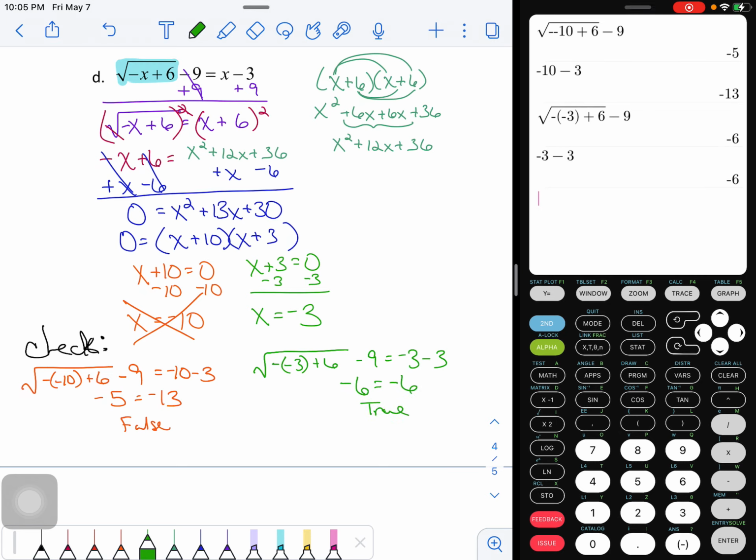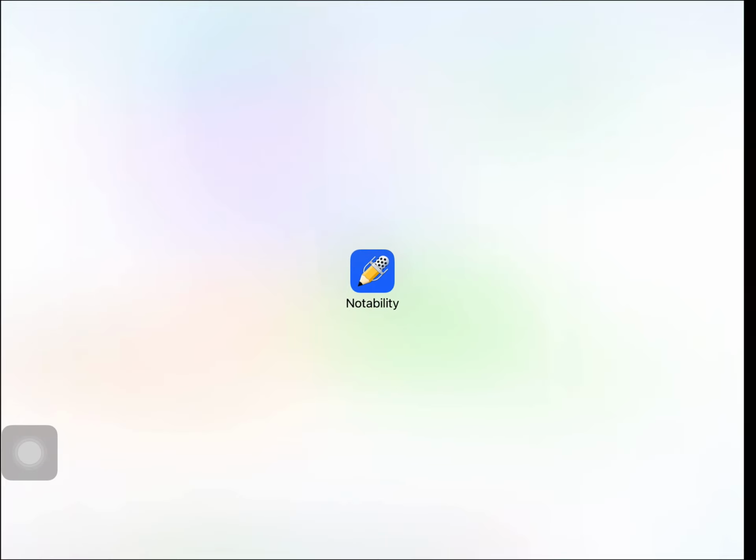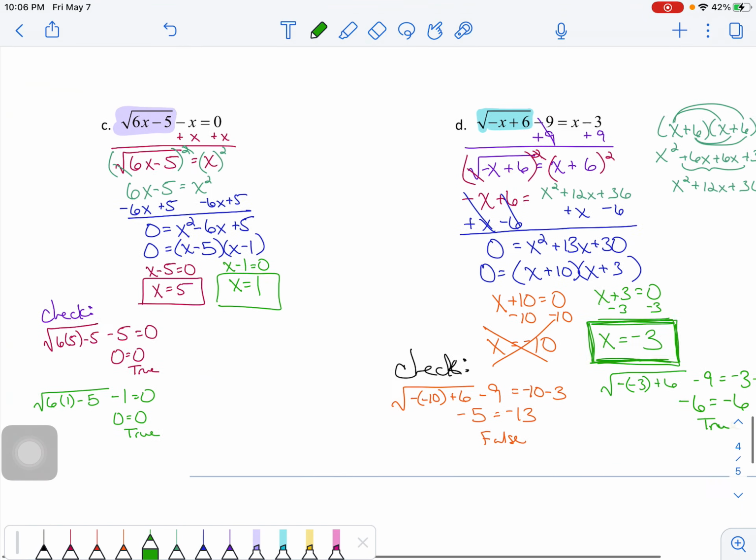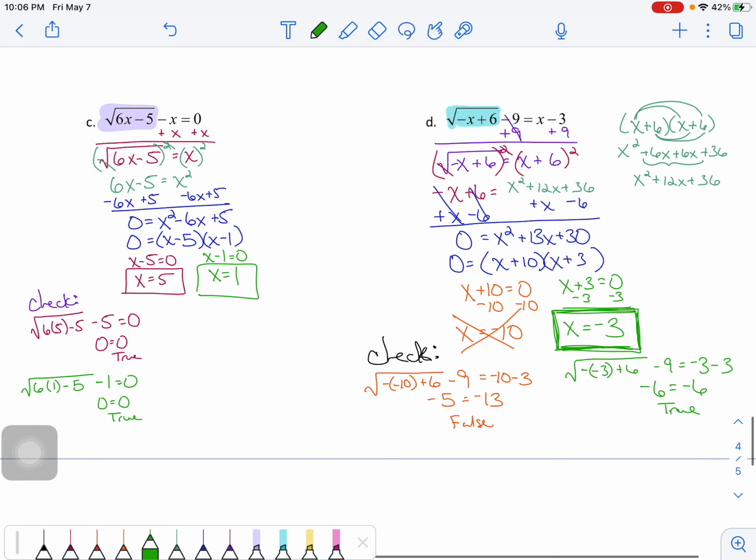That's a true statement, okay? Because this is true, that tells me that this answer of x equals negative 3 is actually an answer to the problem. In fact, it's the only answer to the problem. So when you're solving these radical equations, the work is pretty similar, right? We got a quadratic, eventually we factored it, 2 answers. In part C, both answers work. In part D,